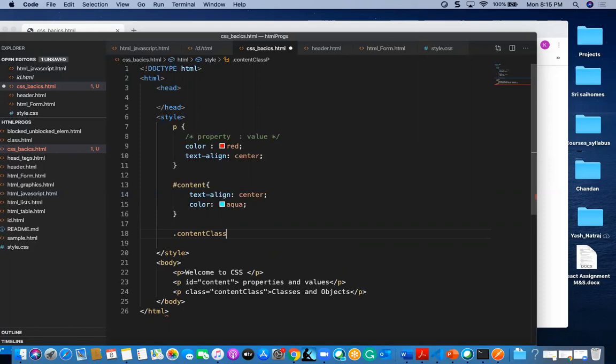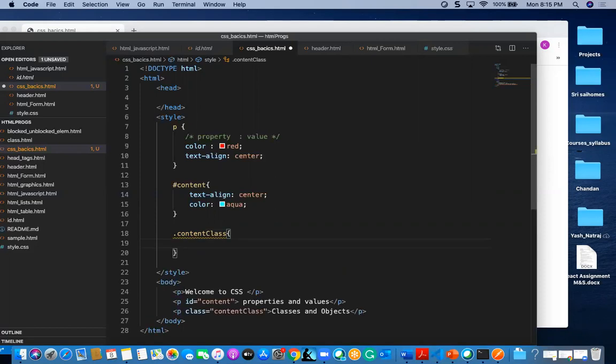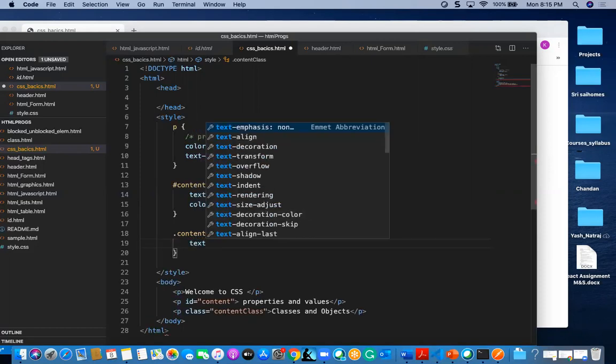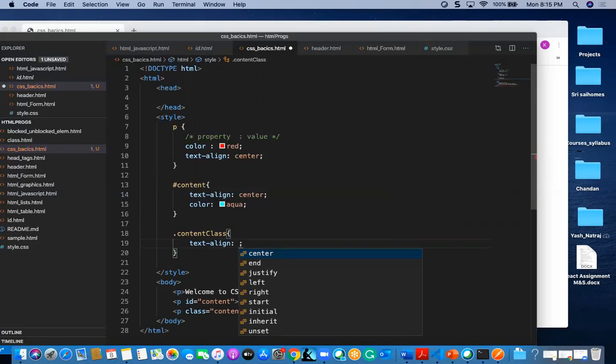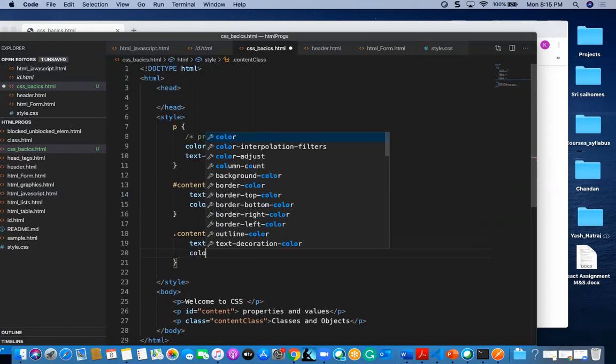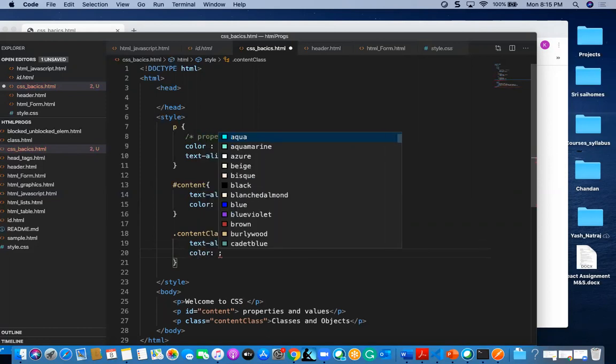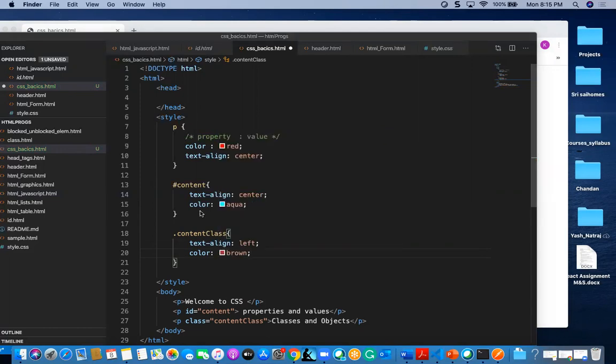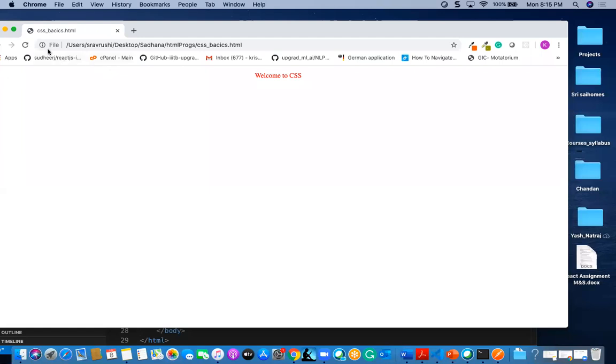And here I have to mention text align, and I can give left if I want, and color I am going to mention some brown or something. So if I see the output here, I can find these parameters, classes and objects.